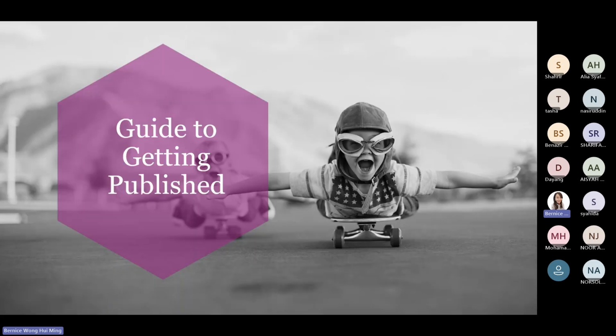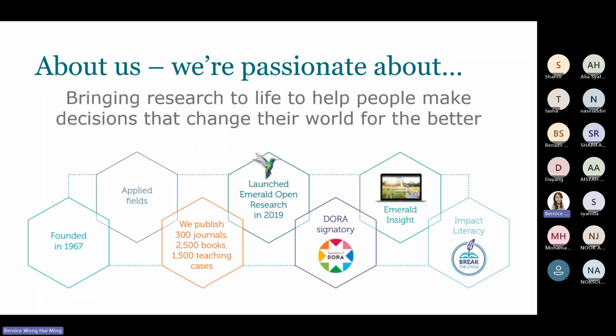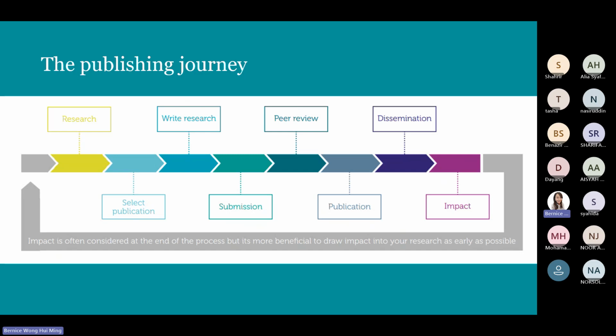Okay, so now I will share with you more on the publishing journey. So you will see this is the flow of research. I think there is an objective to start a research. So for example, there are postgraduate students, or you are the lecturer who needs to fulfill the KPI. So that's why, or any research gap that the author finds. So the research will start from there.